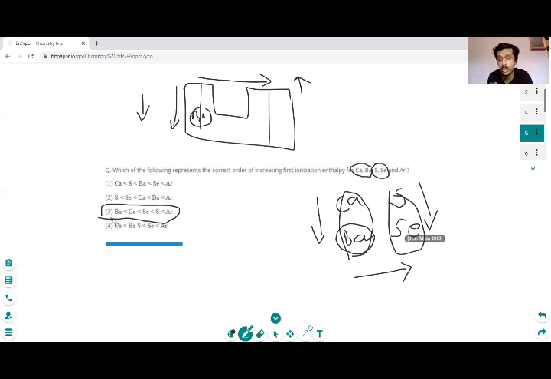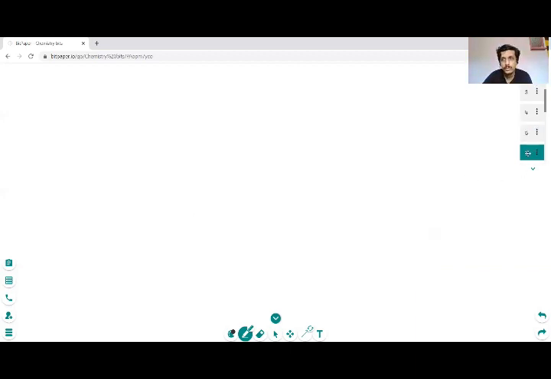We need not worry about any other combination, but we can see clearly calcium has higher ionization enthalpy than barium, because it is above barium. And sulfur has higher ionization enthalpy than selenium. So the option will be 3. Here again, as I repeat, the trick you can use is to compare all four and see which has the lowest or which has the highest. The highest we have fixed, it is argon. The lowest is barium. So from this we can arrive at the answer.